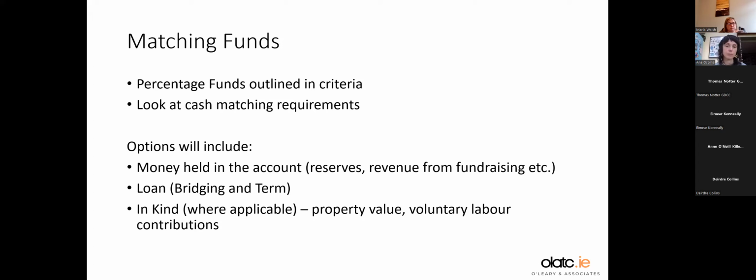Matching funds, again, you have to be able to show matching funds. The percentage required would be outlined in the criteria, and you have to be able to show that within your application form. So say you've got a project that's 100,000 euros and you're applying for 80,000 euros, or 80% grant aid, you've got to show where the 20% is. If you can't show 20% and prove that you have it, then you're looking at a situation where you're not going to be